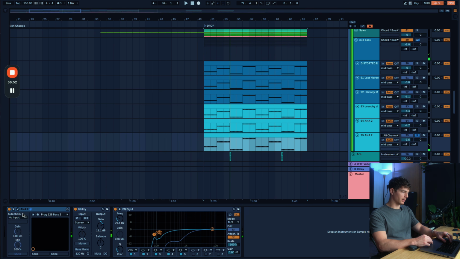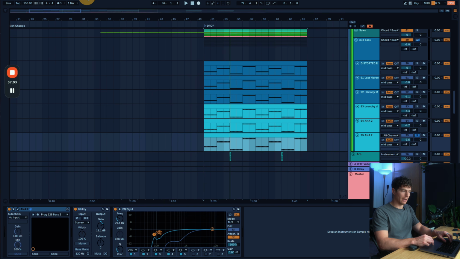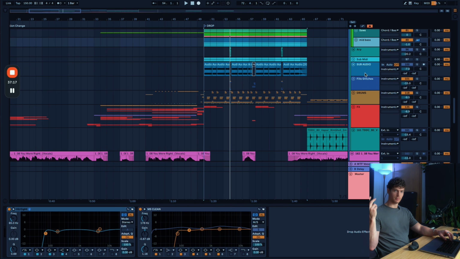Whereas this one is basically not, I don't even know if it has distortion on it at all. Maybe a little bit of tube saturation or something inside of Anna, but there's not even distortion or anything on it. So it's just a really clean, sort of saw wave sound. There's barely any processing on it. And again, it's very mono because I took out all the low end using a mid-side EQ. I took out all the low end from the sides. So similar layering concept when it comes to saws, leads, mid basses, you want to have those mono-ish hero layers driving most of it,